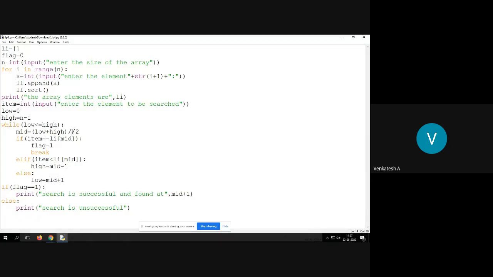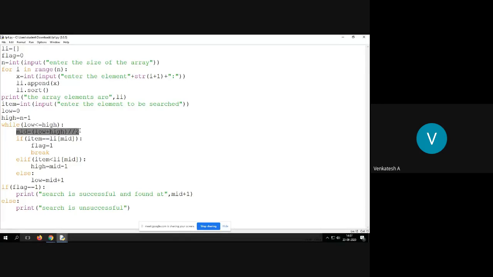Then low is equal to 0 and high is equal to n minus 1, that is 10 minus 1, which is 9. That means in the 0th index we have the first element, that is the low position, and the high is n minus 1, the 9th index, that is the high position. Now this condition holds good because 0 is less than or equal to 9.